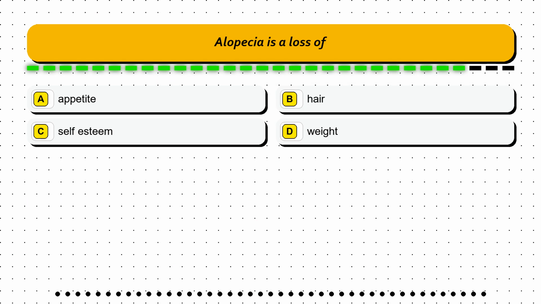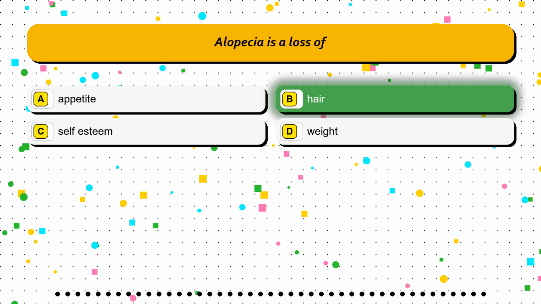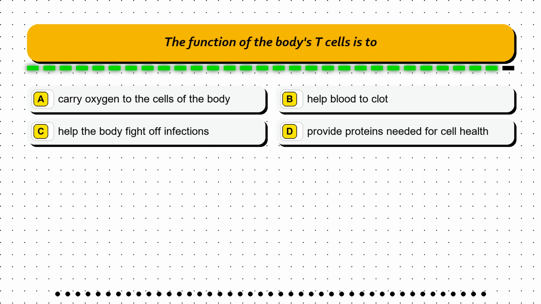Question 31. Alopecia is a loss of: option A, appetite. Option B, hair. Option C, self-esteem. Option D, weight. The correct answer is option B, hair. Question 32. The function of the body's T cells is to: option A, carry oxygen to the cells of